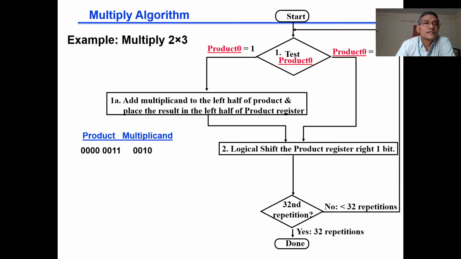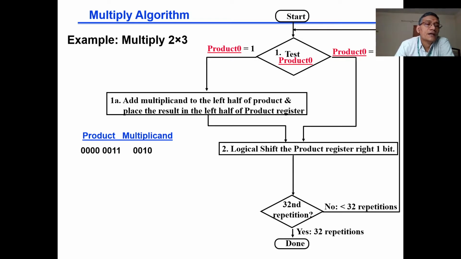So now we will go through the sequence of this particular flow chart with respect to the example. We will be considering 2 into 3, multiplicand is 2 and multiplier is 3. For simplification of explanation, we will be representing the multiplicand and multiplier both with 4 bits, because the equivalent binary of 2 and 3 is 0010 and 0011. Even though we need to represent 32 bits, for our understanding purpose we will use 4 bits. So the multiplicand register is 0010, and you can think that another 28 zeros are available to the left portion.